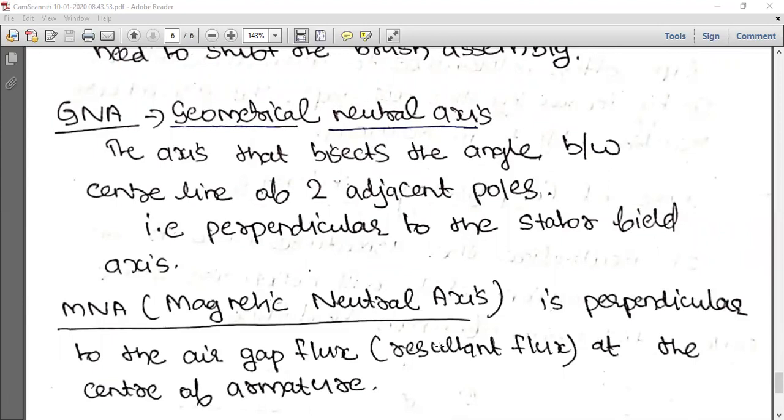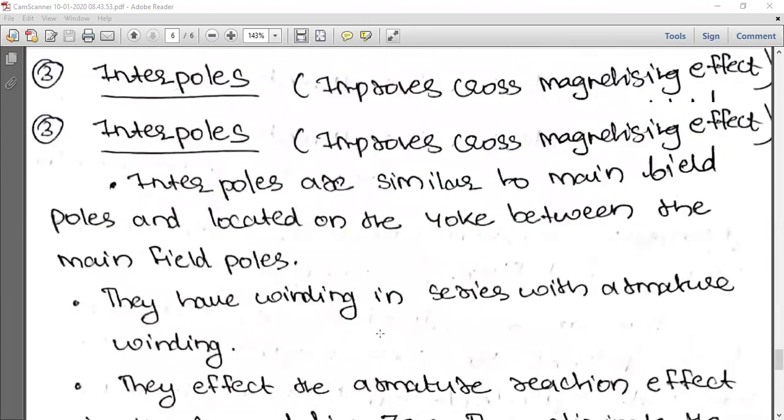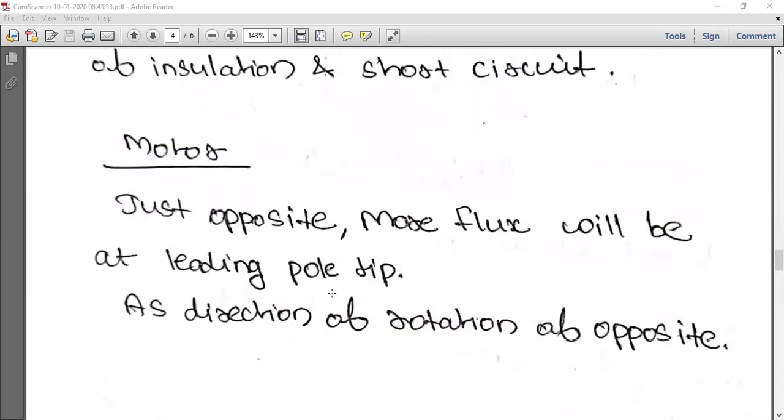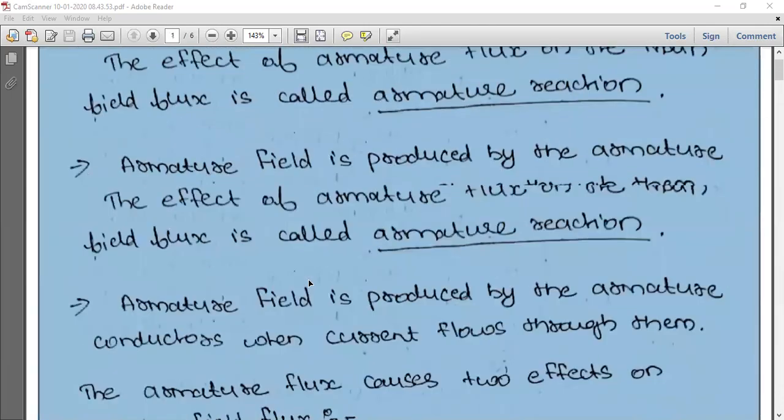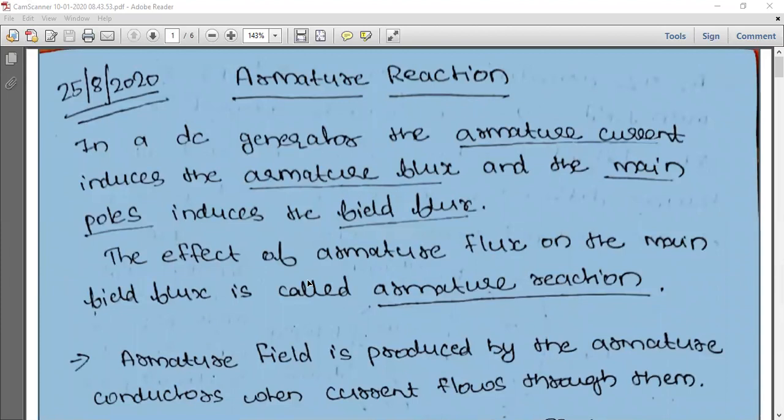So this session is based on armature reaction of a DC machine, both generator and motor. We covered the harmful effects, the diagrammatic representation and explanation, everything, and then how to reduce it using some methods. This is an important question from your examination point of view, as well as in your day-to-day work, and in many interviews you will get this question. I hope armature reaction is clear for everybody now, and if you have any doubts, please ask me and I shall clear them for you. Thank you.